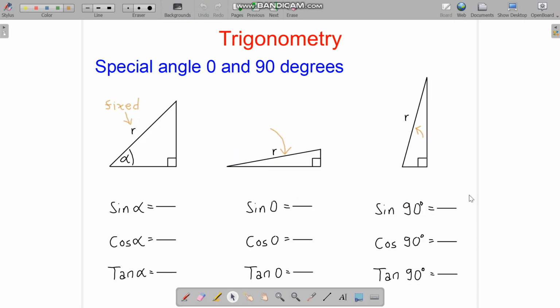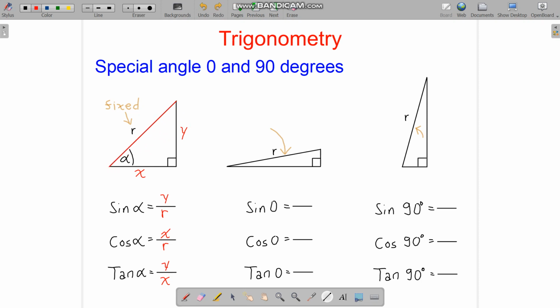Now special angles 0 and 90 degrees. Let's start by labeling the sides here. Let's call them y and x. The sine is of course y over r, the cos is x over r, and the tangent is y over x from the definition. Now when the angle alpha approaches 0, we rotate this hypotenuse like this